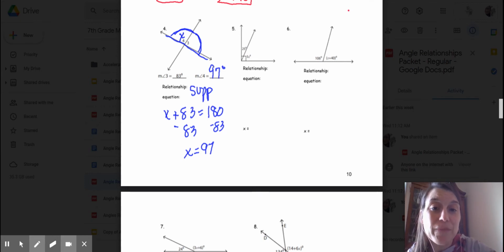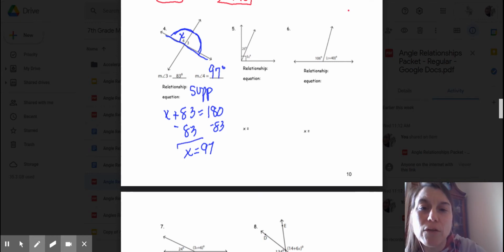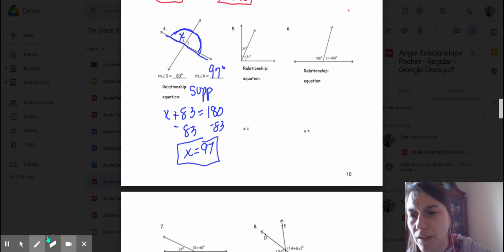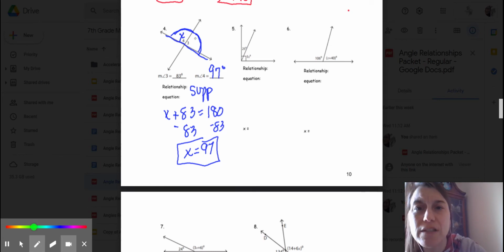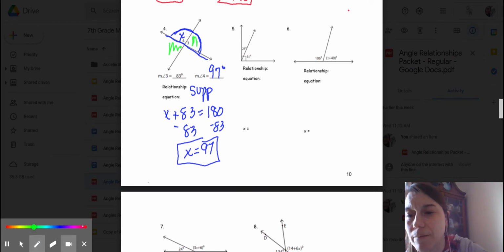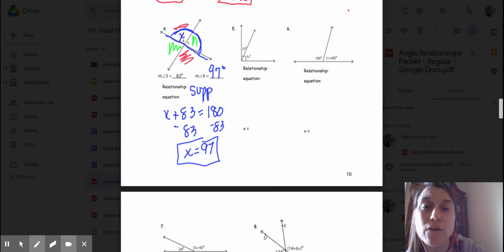There you go. So they were actually supplementary, even though they looked like a picture of vertical angles. The vertical angles would be, here, I'll color them in for you. So this angle here and this angle here, those two are vertical. They're both 83 degrees. And then this angle here and this angle here, they're the ones that are vertical, and